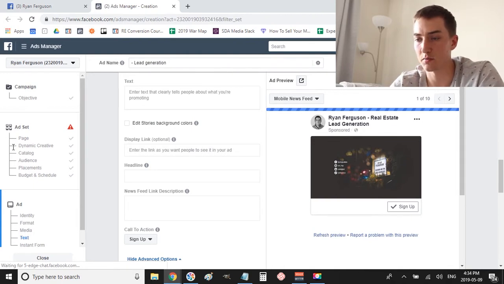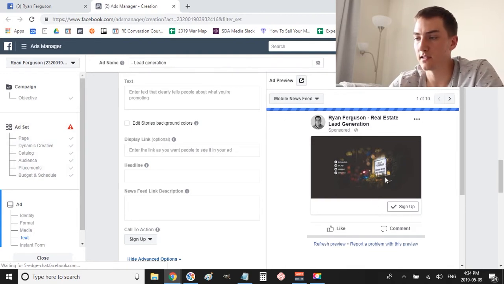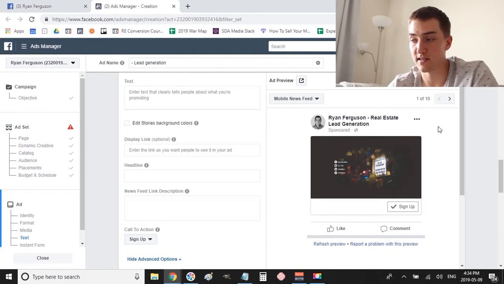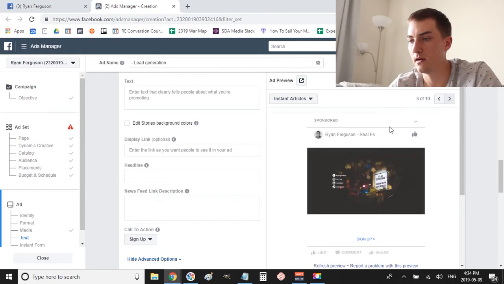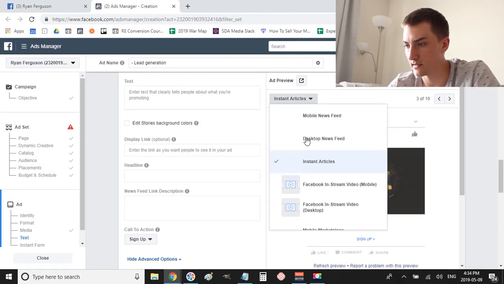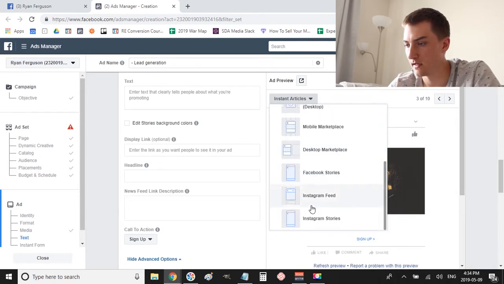So back at the ad set under placements, this is basically going to show us what the ad's going to look like on each of these placements that we've selected. So right now, mobile newsfeed, this is what the ad will look like. And if you just click on these arrows here, you can scroll through and see what it's going to look like at each placement. So if you don't like how one placement looks, like for example, if we selected Instagram